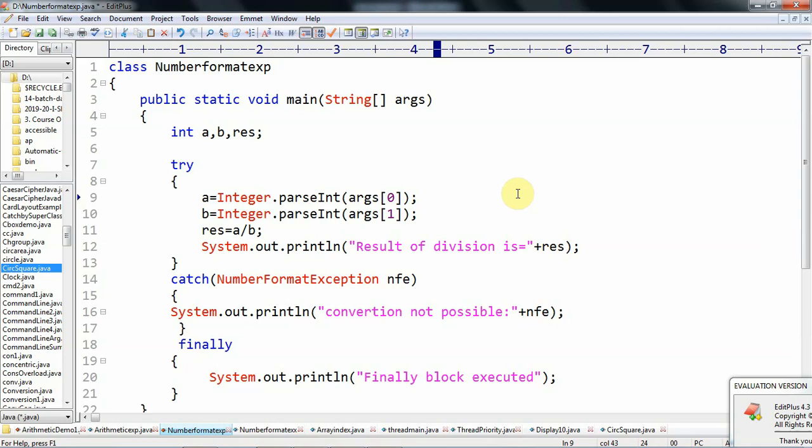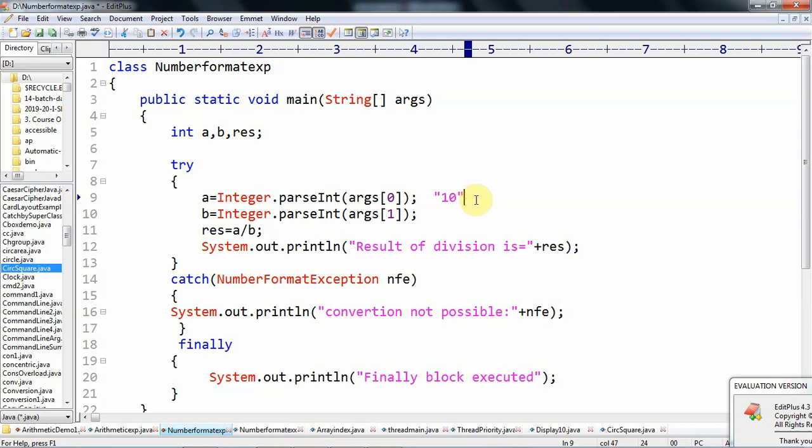So for example, 1 0, that means two digits placed within double quotation marks, becomes a string.